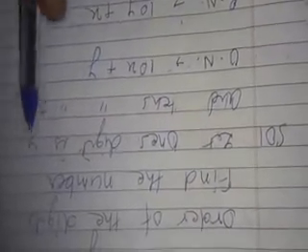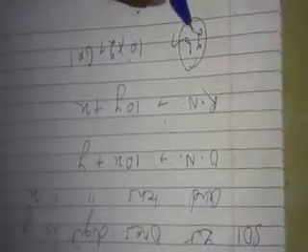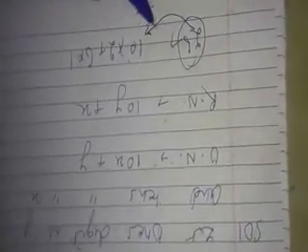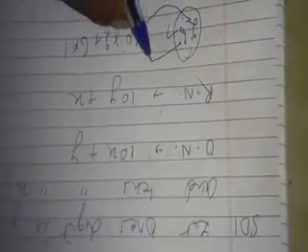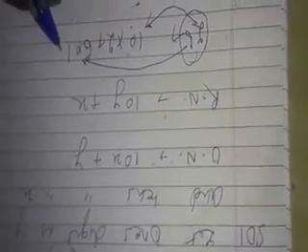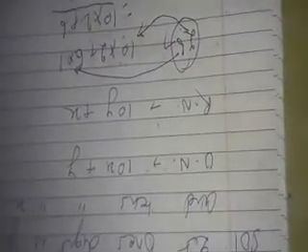Whenever we take any 2-digit number, suppose that we have taken 26, then we can write it in the expanded form 10 into 2 plus 6 into 1. It means that 2 is being represented by the tens place, so it has been multiplied by 10, and 6 is being represented by the ones place, so it has been multiplied by 1. It can also be written as 10 into 2 plus 6, because 6 into 1 can be written in this form also. So the same thing we have written.